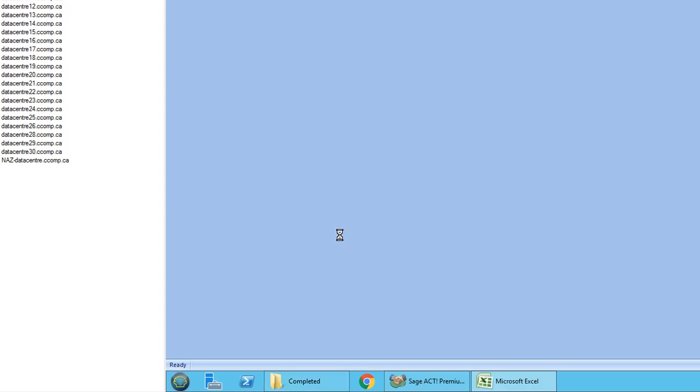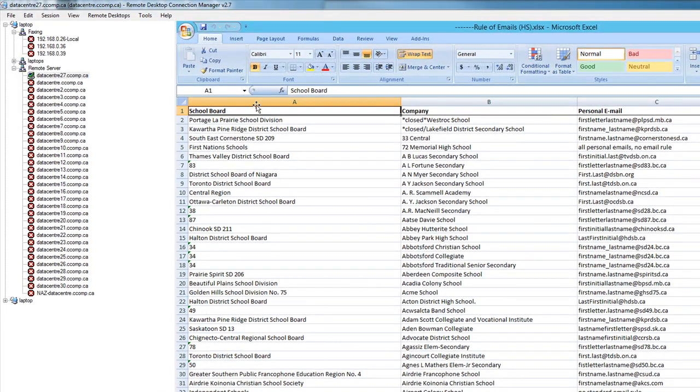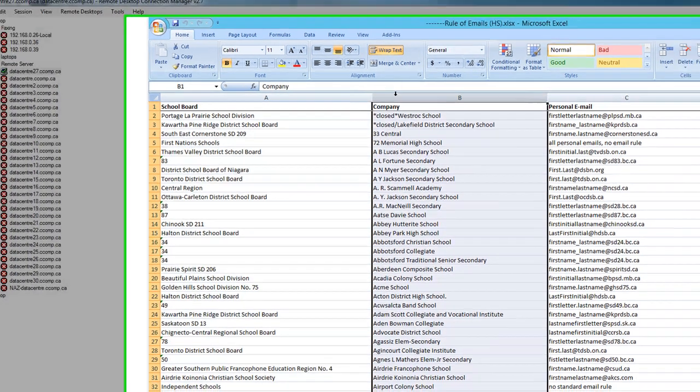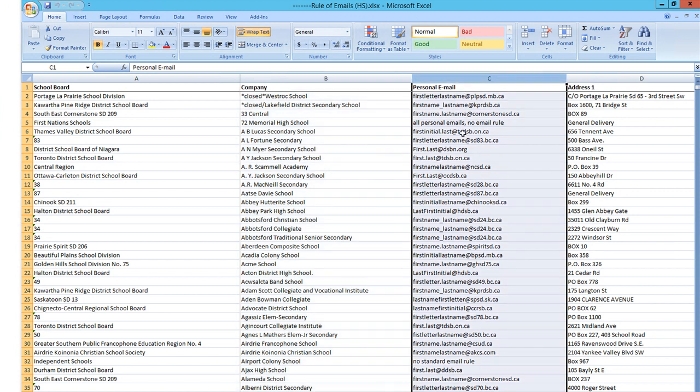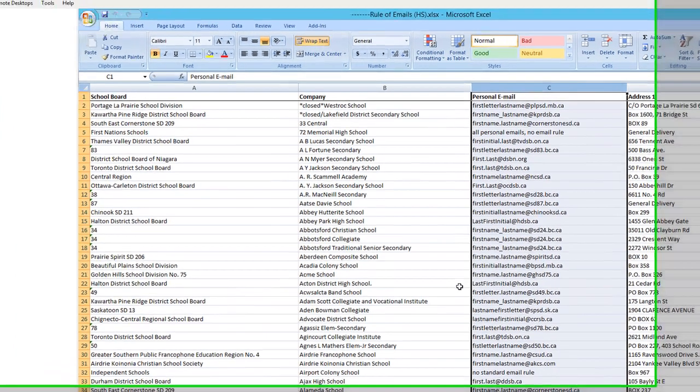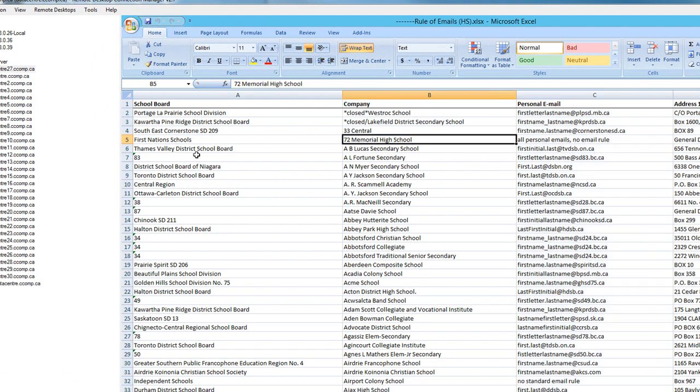If I open high school ones, you can see that the first column is school board. The second one is the company, which is our school's name. And the third one is the email rule that we should follow. For example, for First Nations School,